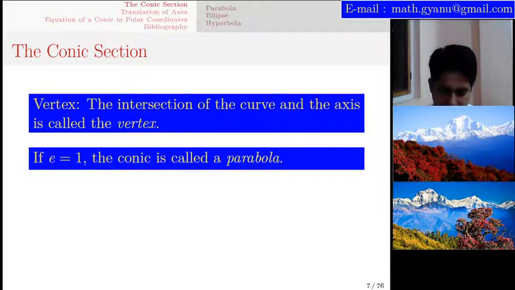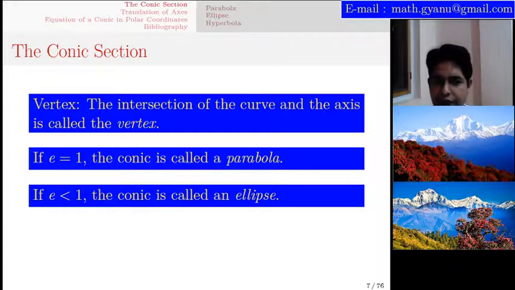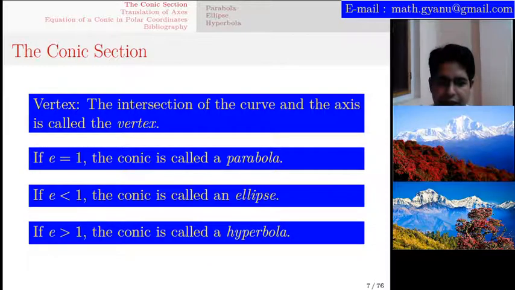Now, in the examination, you will see a short question: when is a conic an ellipse, parabola or hyperbola? For this purpose, I suggest you memorize this point. If e equals 1, the conic is called a parabola. If e is smaller than 1, the conic is called an ellipse. If e is larger than 1, the conic is called a hyperbola. Note that e is a non-negative quantity and will always be greater than 0. Why? This is the ratio of distances.